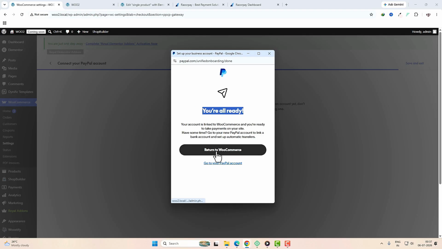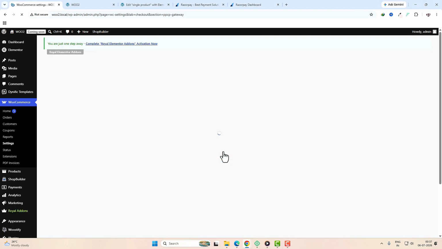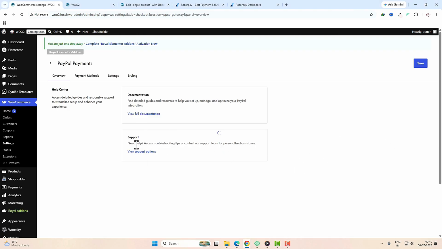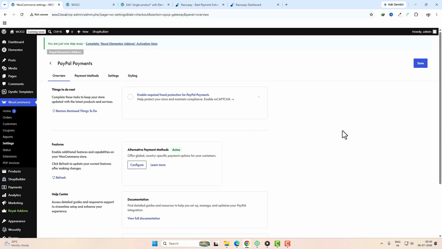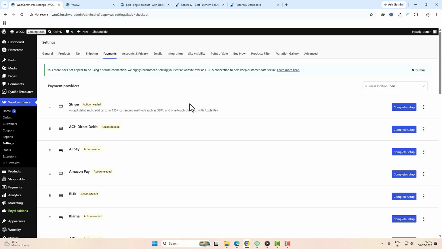After that, you have to click on return to WooCommerce, and after that, this page will be refreshed automatically. After that, this page will come. Just click on the save option. Once done, just come back to the PayPal payments, and now actually I have to set up the Stripe